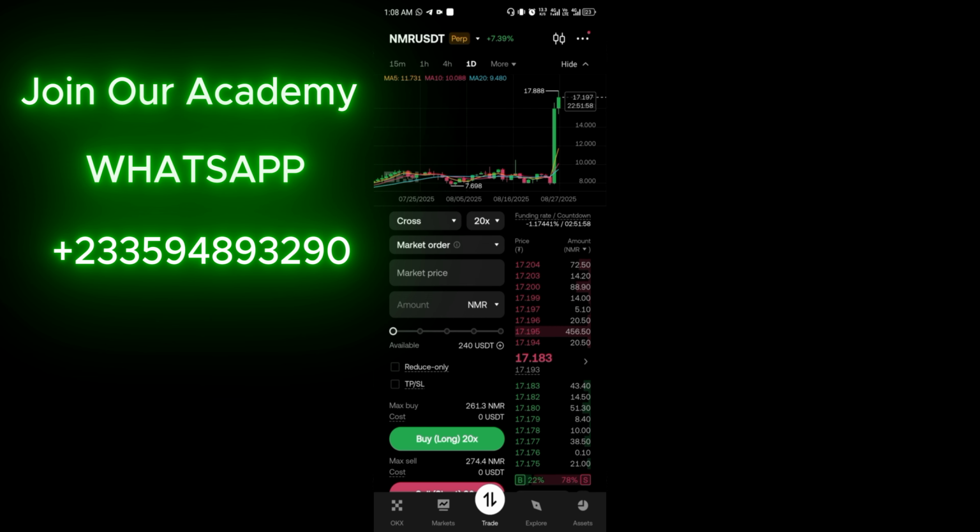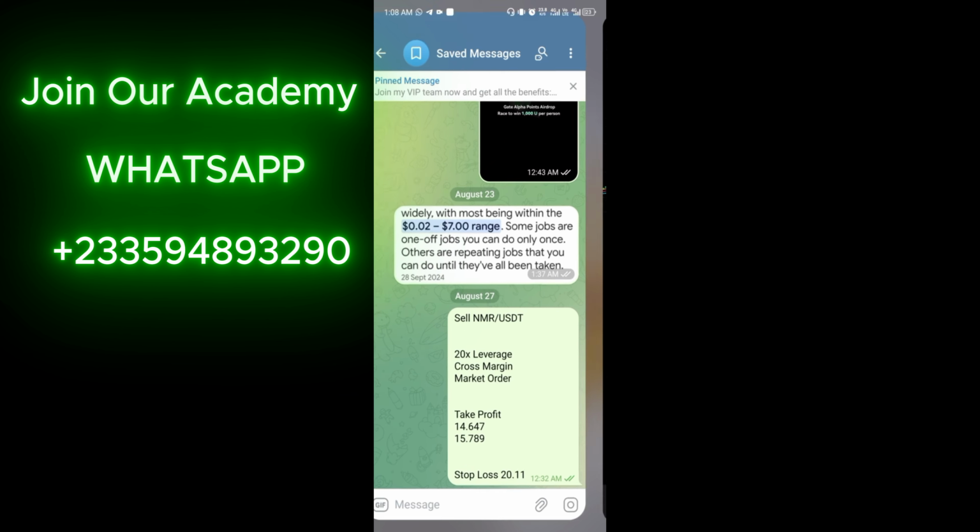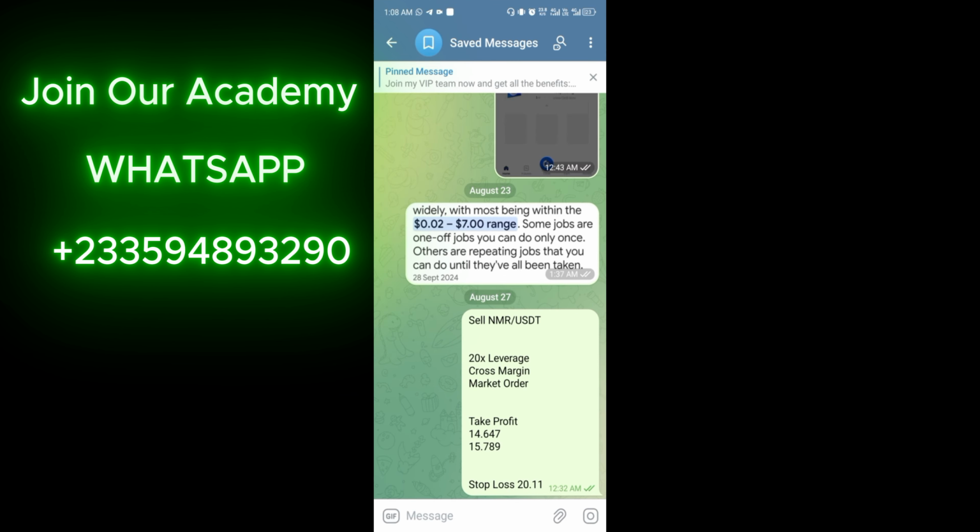Now we have set the leverage, and then let me just head back over to this place where we have the cross margin. I've already explained cross margin, it should be there, and then the market order should also be there. Now take profit. Take profit is telling me that maybe the market goes, maybe I want it to sell. You see, we are selling, so it means it should drop to a certain level. When it is dropping, I want to set it to a certain level that when it touches there, then the trade will automatically close for me,